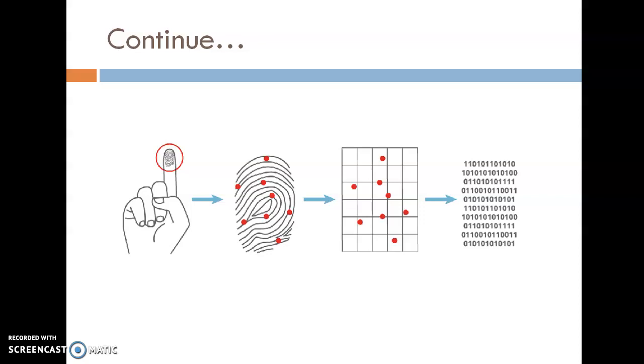When an employee wants to enter the organization, they have to put their finger on the scanner, and whatever image is generated is compared with the previously stored image. If a match is identified, then the user is a valid user. Otherwise the user is not a valid user.